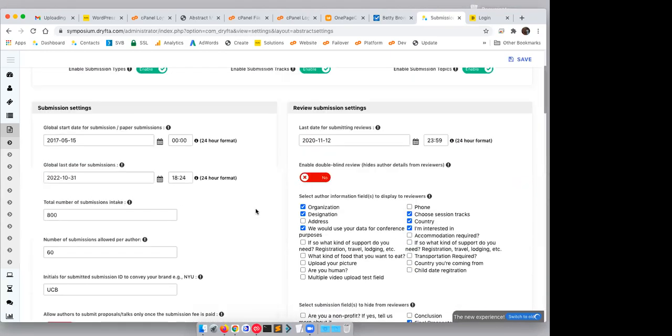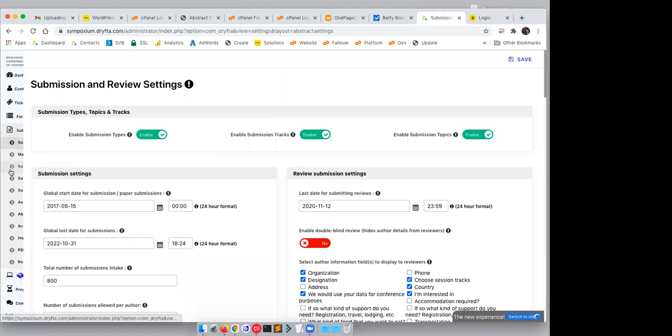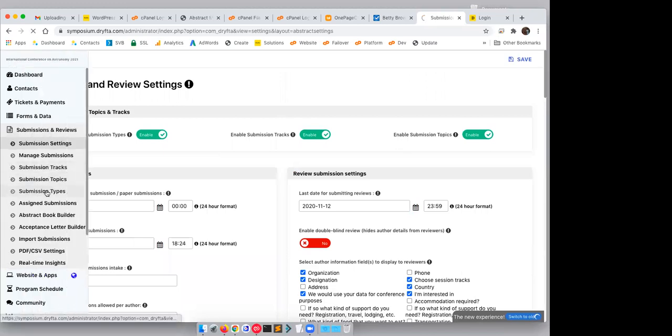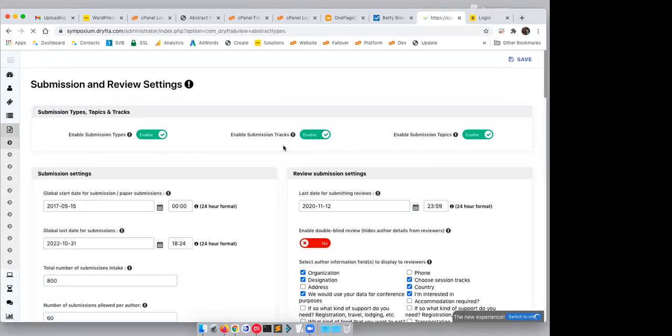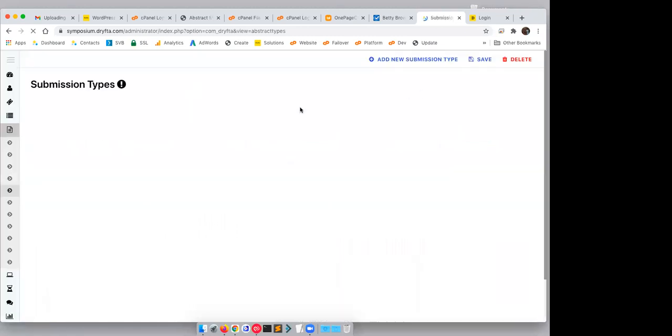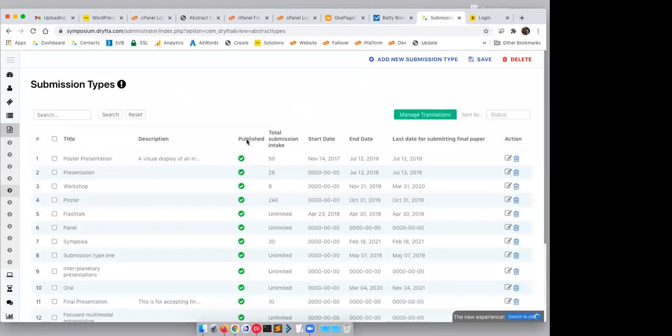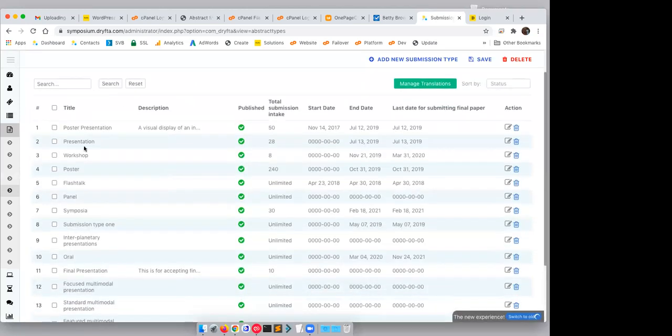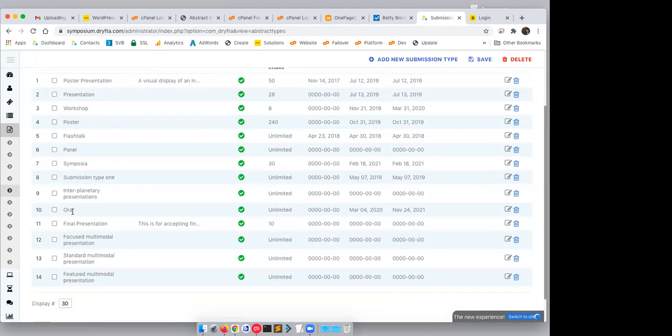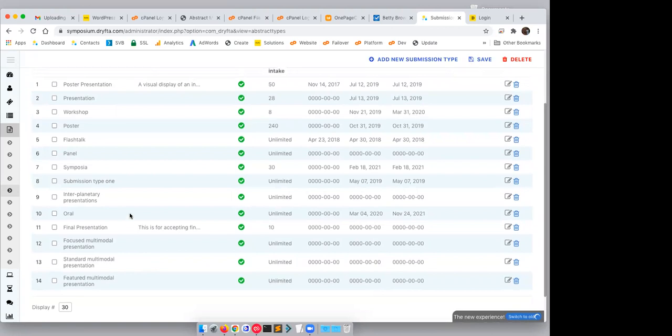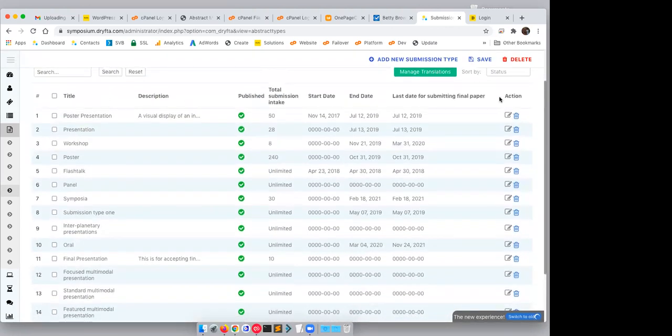So once you're done with the settings, you can then proceed to the submission types, where you would create all the types that you would have for your CFP. You can create as many types as you want, including poster presentation, oral presentation, flash talk, symposia, panel, all that. And for each type,